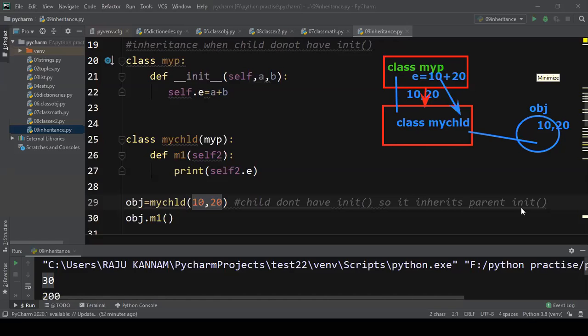Okay, any doubts? I think no one is responding. Whether the concept is clear or not?